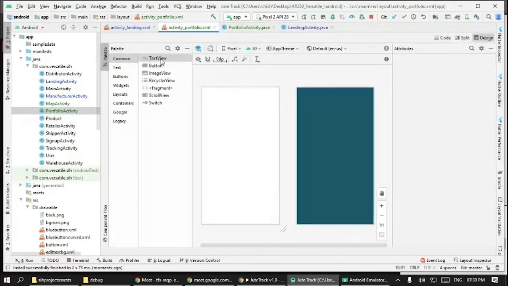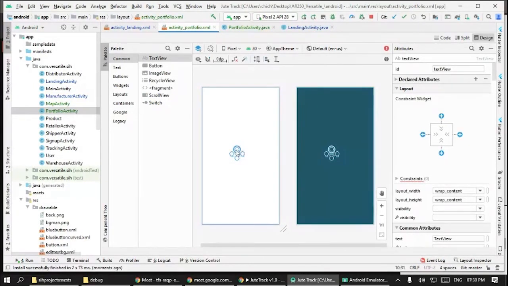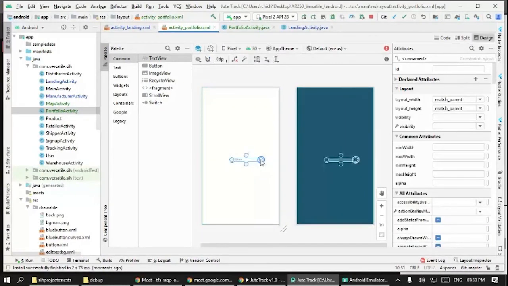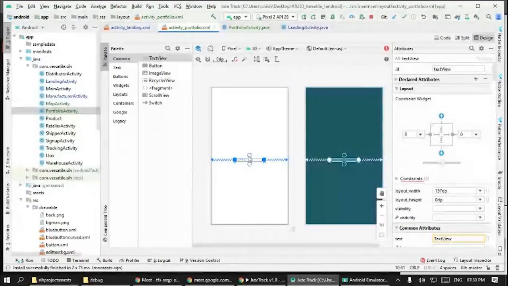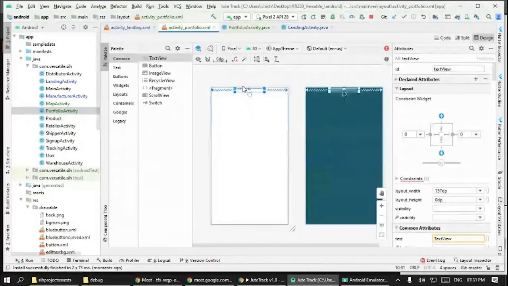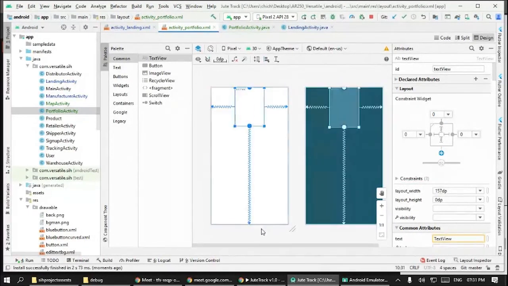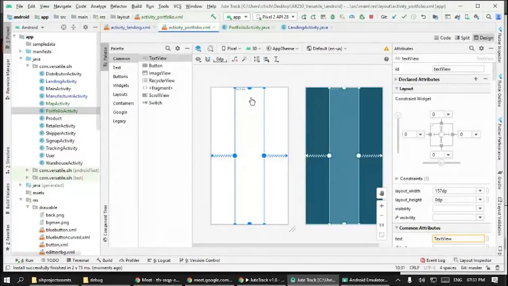So I will put a text view here. How does this work? Yeah, I actually don't need to code if this is the case.